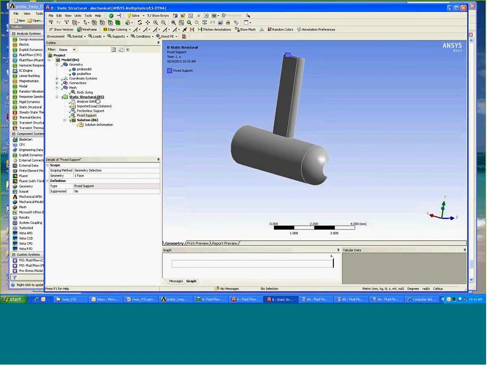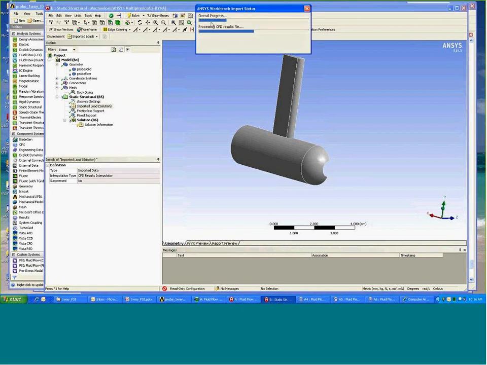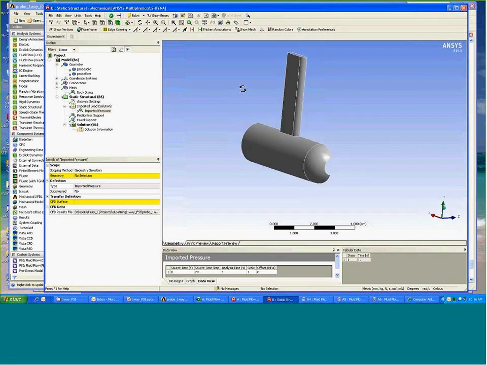Now you notice on the static structural scheme right here, I have an Imported Load, which means in this case I have a fluid solution ready. All I need to do is right-click and say Insert Pressure. And where does this pressure come from? At this point, you can see Workbench is taking the CFD solution from the CFX results and making it available. Now I'm going to pick the probe surface as the FSI coupling surface,